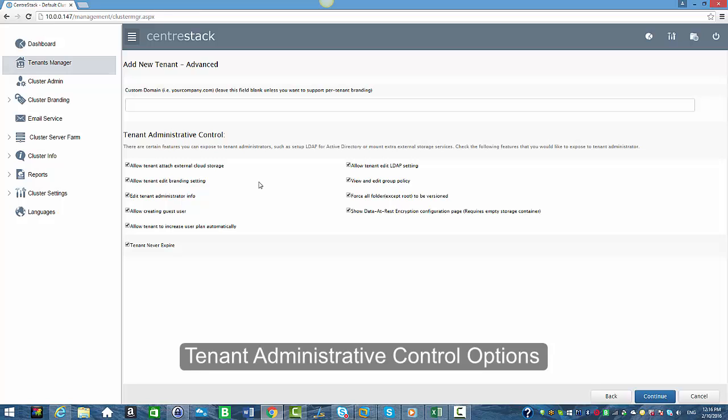The first one we have is allow tenant to attach external cloud storage, allow tenant edit branding setting and edit tenant administrative info, allow creating guest user, allow tenant to increase user plan automatically, and then we have tenant never expires. This is by default, but if you want your tenant to have an expiration date, you would uncheck it and set an expiration time. So I'm going to check it because that's what I want to do, and allow tenant